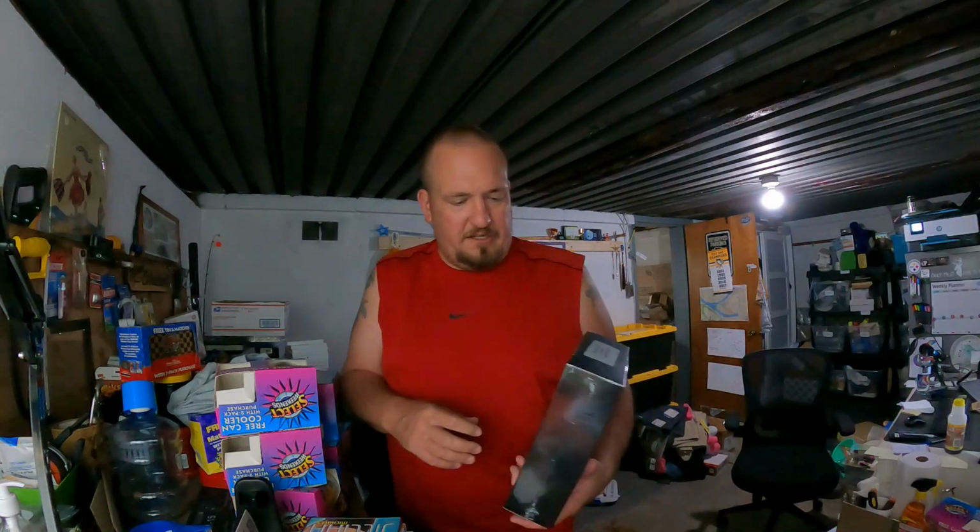Next thing up was this One Plan by Guardian. It's a furniture, I'm not sure if this is a furniture cleaner or what. It doesn't say, but I've sold these in the past. I've sold the furniture cleaners and polishes and whatnot, and these do really well, especially when they're sealed. I think the last ones I had weren't sealed and they still sold really well. So picked this up. I think it was $2.99 or something, so probably looking at 10 to 20 bucks plus